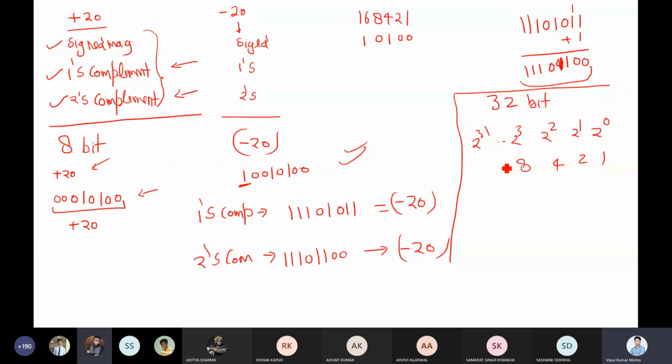Excuse me, sir. When the machine reads this binary code, it has to be specified. Is this the ones complement, or the twos complement? Yes, it is predefined. The machine is following either the ones complement method, the twos complement method, or the sign magnitude method. Only one method is followed by the entire machine. It is not like all three are swapping together. As these bits are predefined, the method is also predefined.